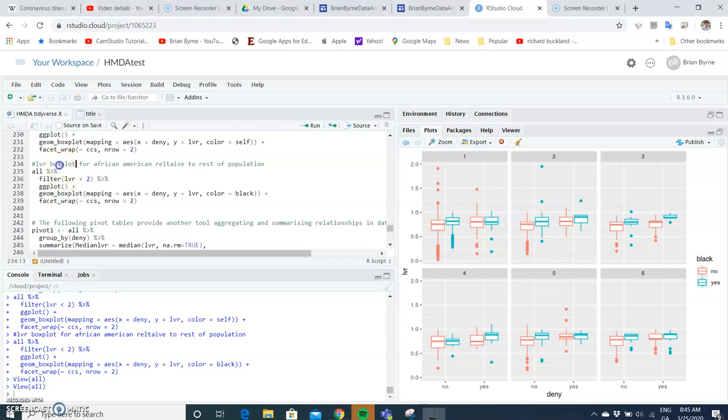Okay, so in the previous video we had been looking at the loan-to-value box plot for African Americans relative to the rest of the population. The box plot is quite useful in that it allows us to look at the range of values, consider the mean, the first quartile, the third quartile, the interquartile range, and then the outliers. And when we examine the median